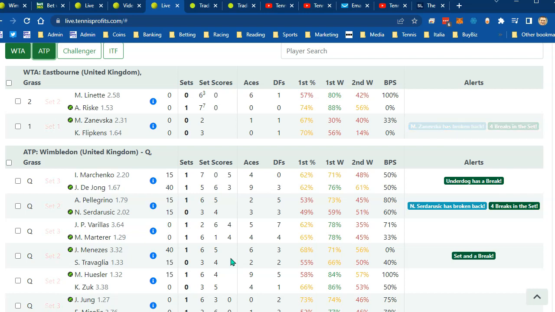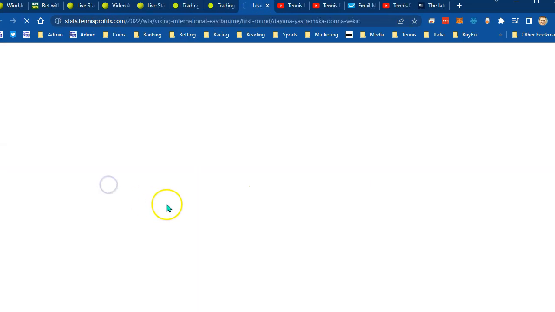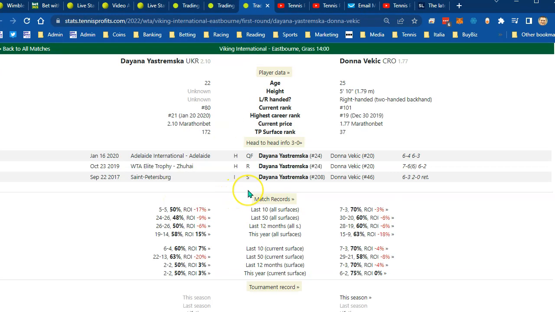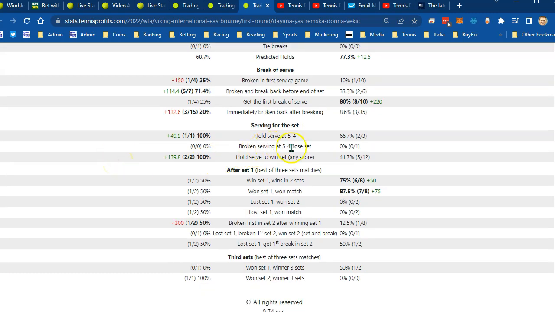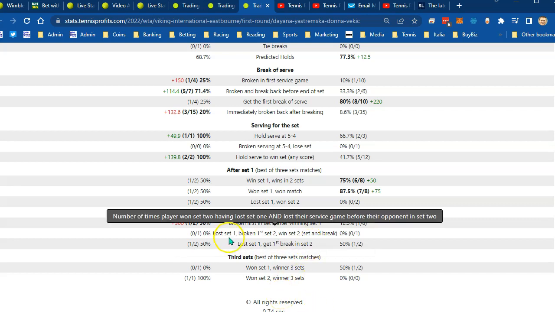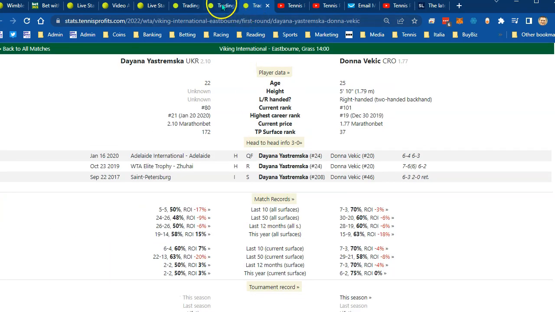So it's something that we look out for, and what we can actually do in that situation is go and check the player's historical performance in that situation. So we actually have, let me see if I can use that Yastremska match, we actually have a set and a break statistic somewhere here. Lost set 1, broken first in set 2, win set 2, set and a break. So we've got some data, and again, this is a small sample size because it's the grass court season, but we're able to